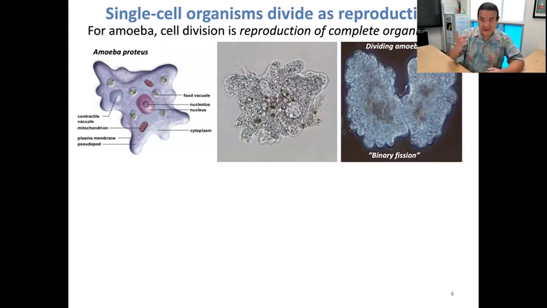Right? So an amoeba is a single celled organism, but it is a living thing, right? And so its whole being is just contained within its one cell. So it's a eukaryote, right? So just like eukaryotic cells in our body,